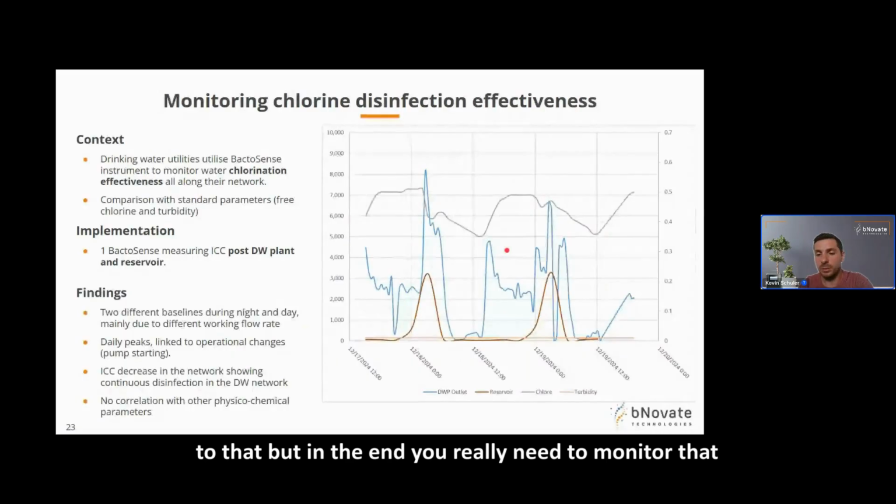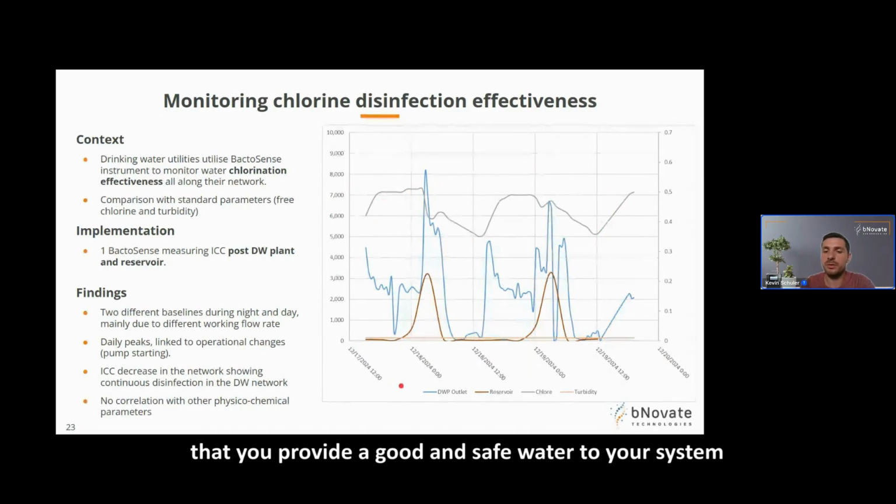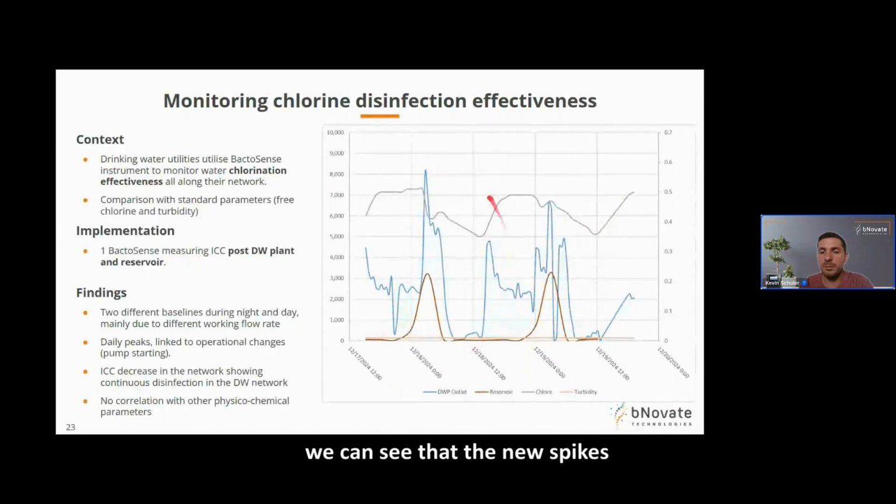But in the end, you really need to monitor that quite closely with a dedicated monitoring instrument. Compared to the free chlorine method, which is the most widely used to be sure that you provide good and safe water to your system, we can see that the spikes depict the consumption of free chlorine in the water. That's normal, but still